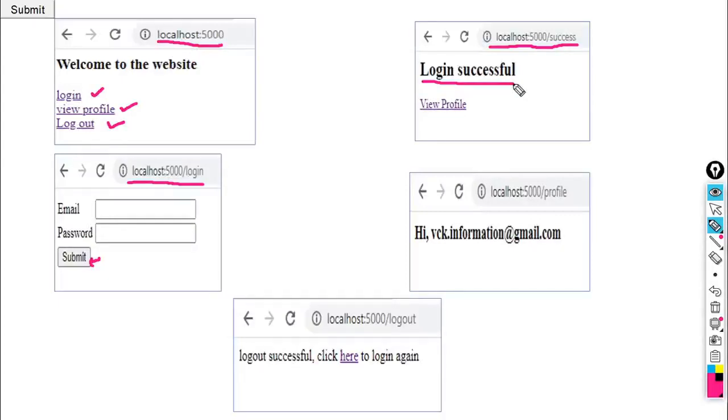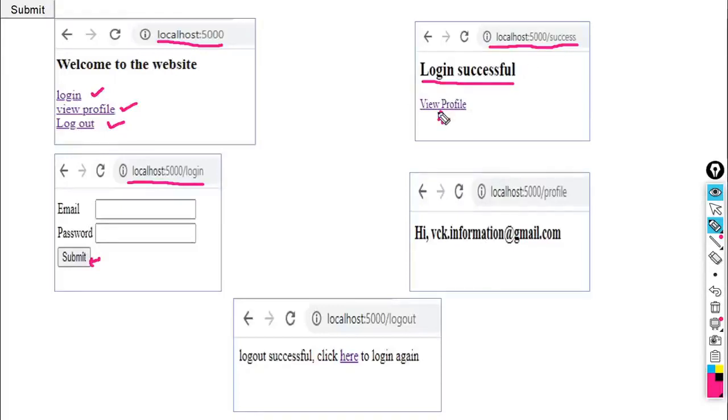Or else it will display an error message, your password is not correct. Then one more link is provided here to view profile. All these links are given in the Python script.